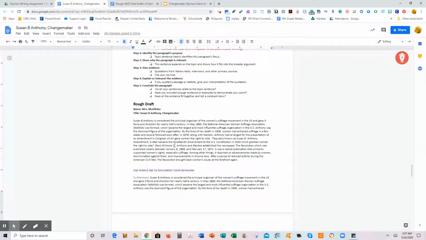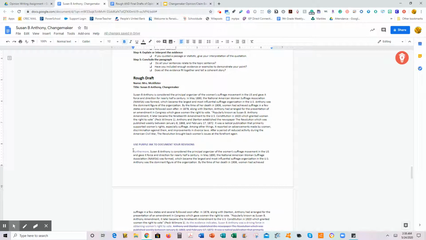Work citation, in-text citation. Anthony and Stanton established the newspaper The Revolution, was published weekly between January 8th, 1868, and February 17, 1872. It was a radical publication that primarily supported women's rights, especially suffrage. Among other things, it reported on advancements made by women, discrimination against them, and improvements in divorce laws. After a period of reduced activity during the American Civil War, the Revolution brought back women's issues at the forefront again. So I went down here, and first of all, we need a transition